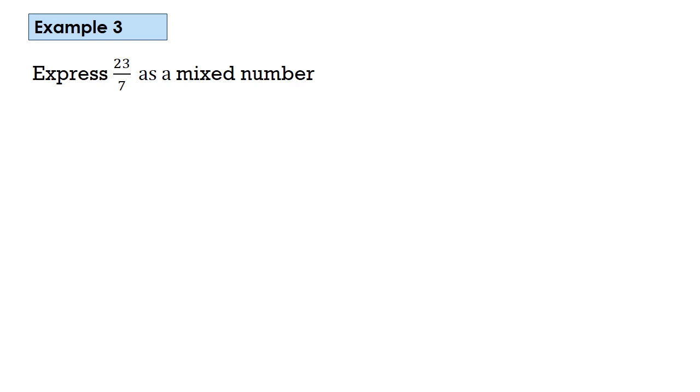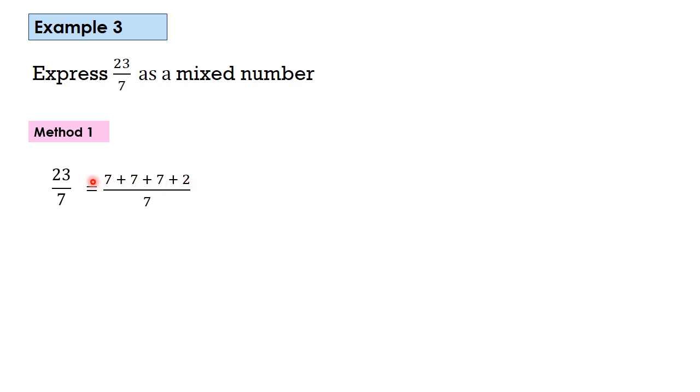Okay, let's go for one more example. Example number 3. Express 23/7 as a mixed number. It is a fairly larger fraction than the previous occasion, 23/7. We'll see by the first method, 23/7. When 23 is written in terms of 7, we can write 3 times 7 here, because 3 times 7 is 21, and the balance is 2. So write 7 three times and the balance 2.